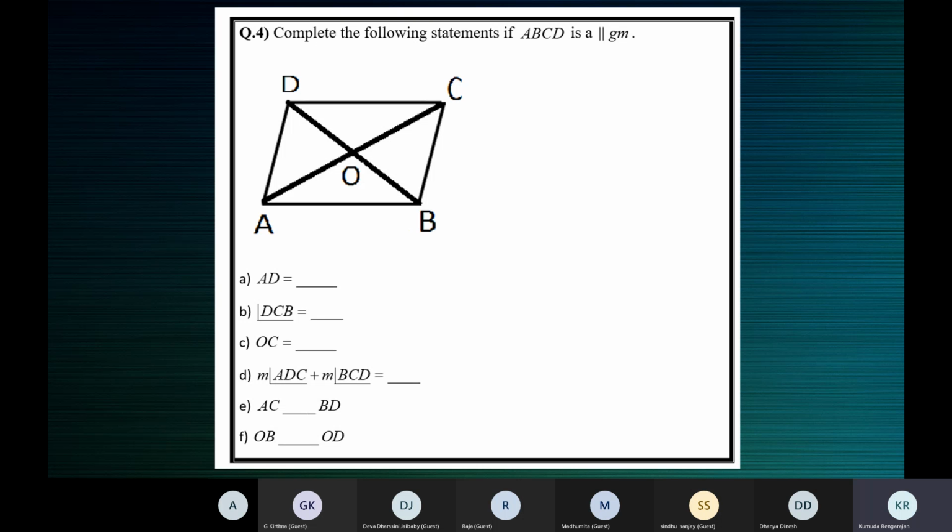M stands for measure. How do we read that? Let me read that for you. Measure of angle ADC. M there is read like this. Measure of angle ADC plus measure of angle BCD is equal to...